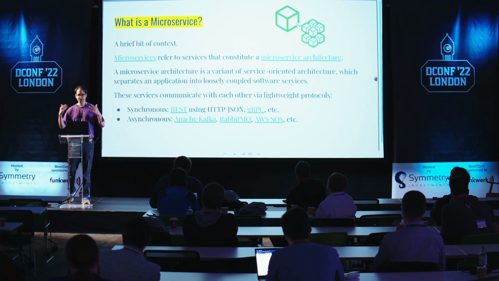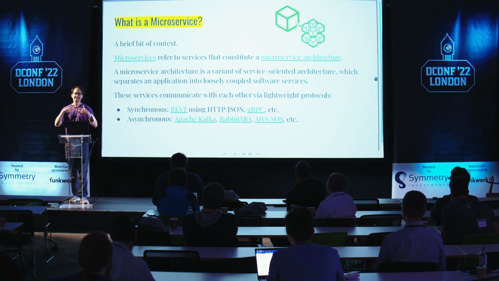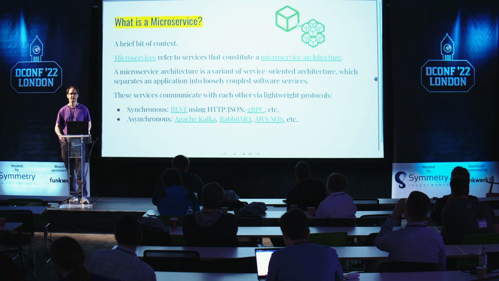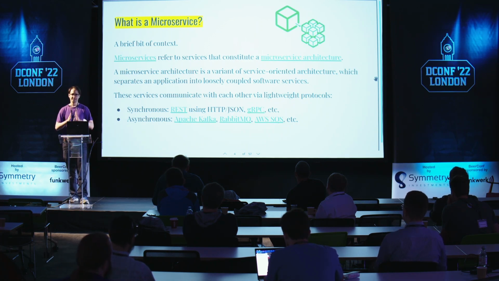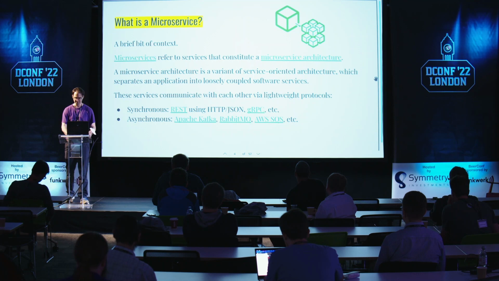And then you have non-synchronous communication. You have asynchronous communication. This could be something like accepting a task to be done and getting a result later. Like, I want my bank statement, but give it back to me in a couple minutes or so. And there are different technologies for this. You could use Apache Kafka or Apache Pulsar, RabbitMQ, Amazon Web Services SQS. There's a bunch of them. So you basically have synchronous communication: send a question, get an answer. Asynchronous communication: send a question, maybe you'll get an answer later on.